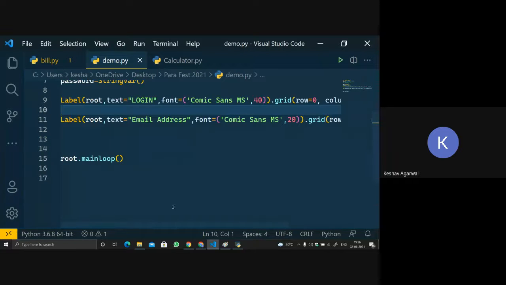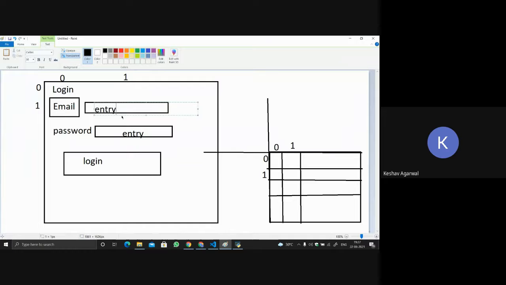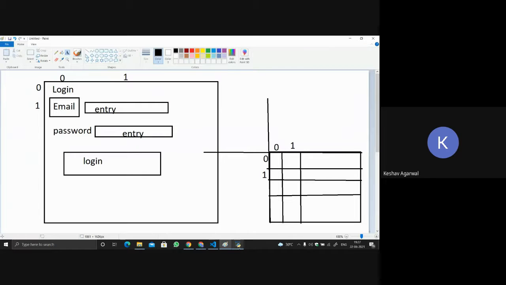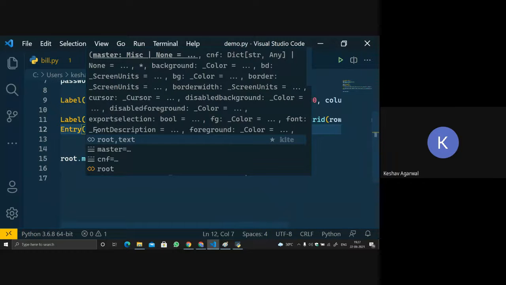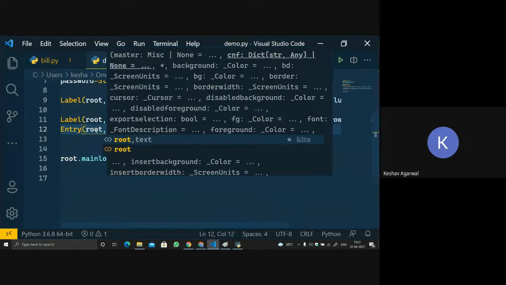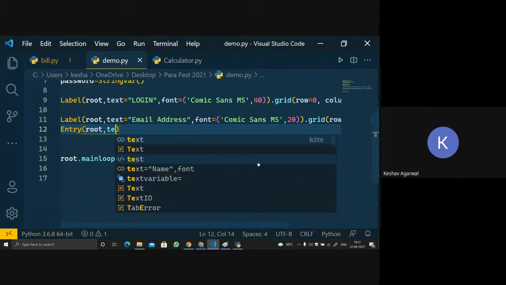So similarly, now we will be using entry. First, we will be taking the email, this entry, from the user. So for that, we have to write entry, which we will again place inside the root. Then we will use a text variable.